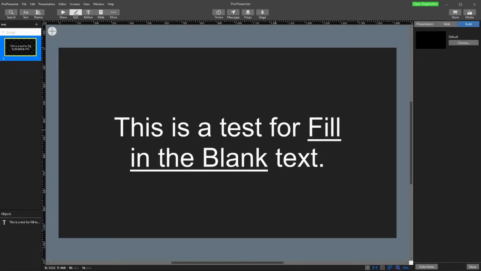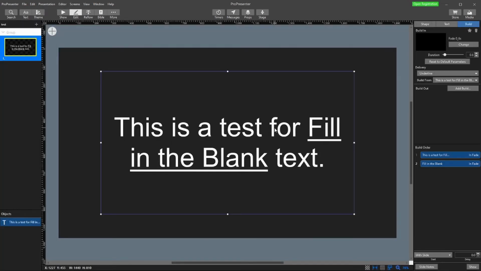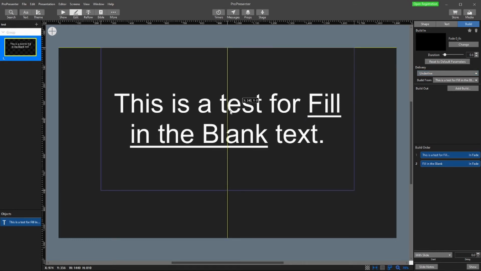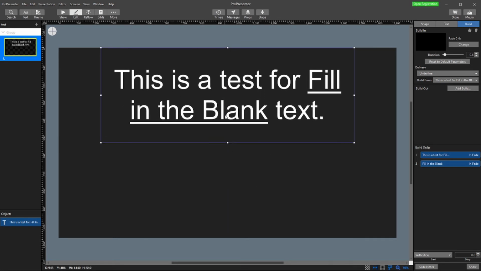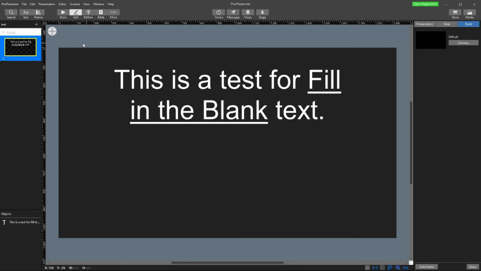Now the great thing about ProPresenter 7 is with the new build method for adding underline fill in the blank to text, we can also add in the same slide a list for text with the build-in for the fill in the blank. So we're going to create another text box here,